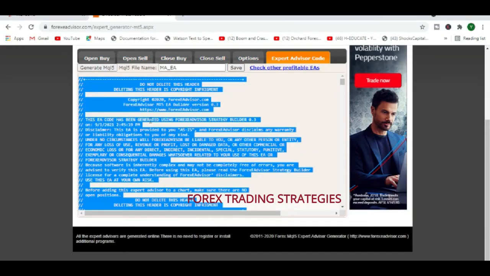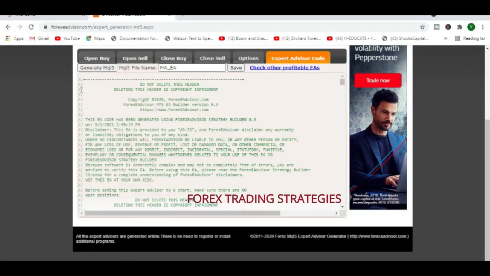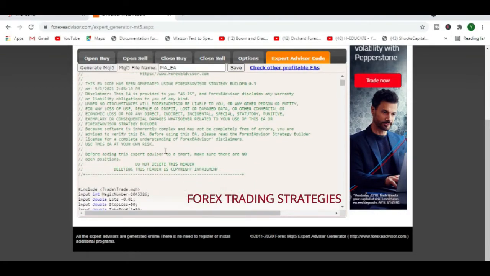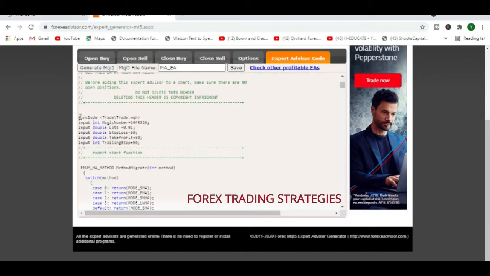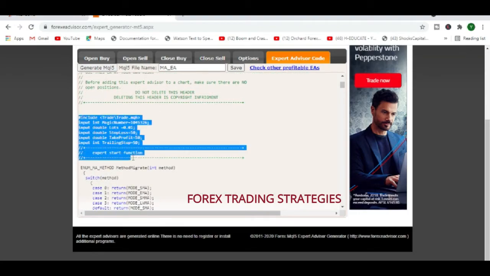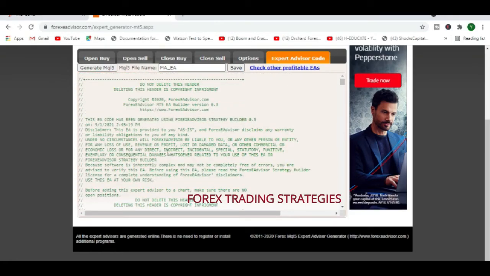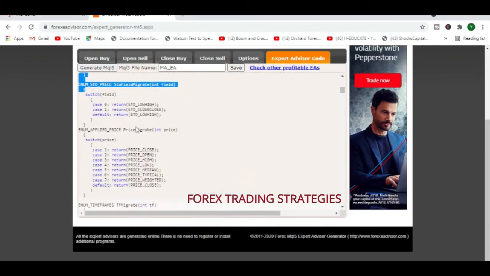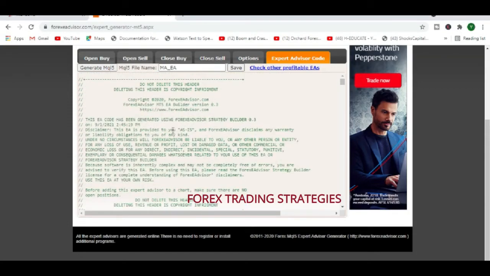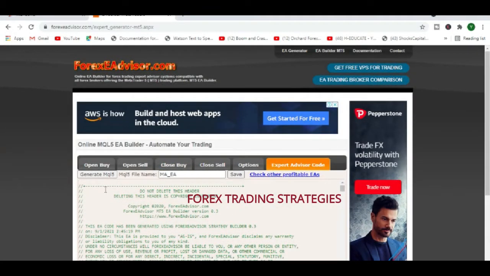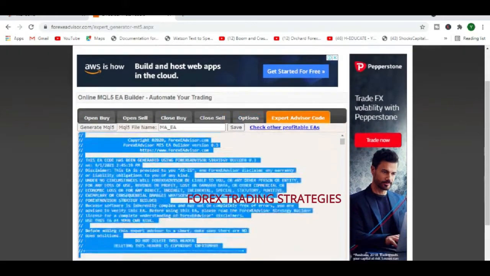Like I said, this part doesn't really matter. You can remove it, but you might not want to remove it, whatever suits your taste. The real code for the robot is starting here, so don't worry about this stuff. But let's not play with it too much for people who do not know what they are doing. Just copy everything. If you do not know what you're doing, just start from there